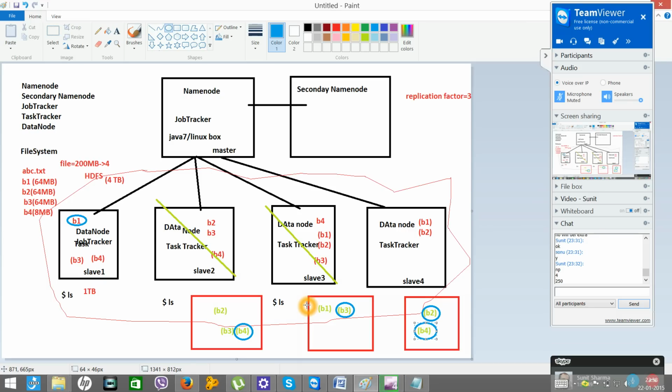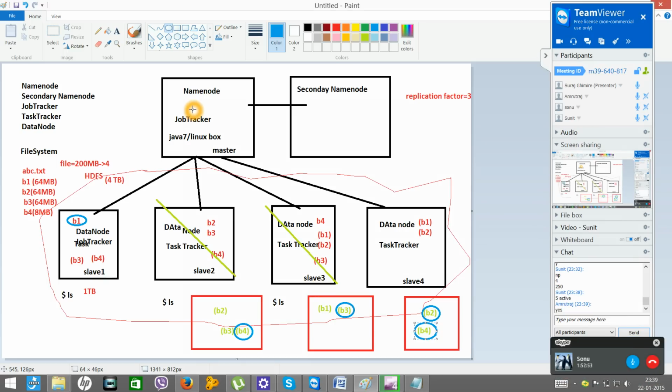How many slaves do we have? We have 1, 2, 3, 4, 5 active nodes.